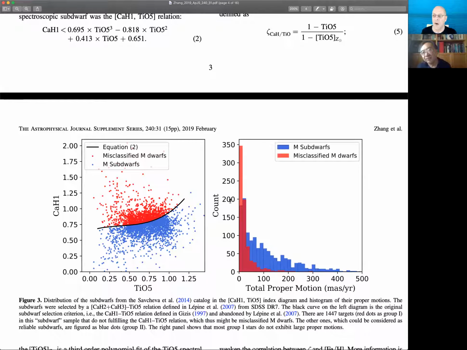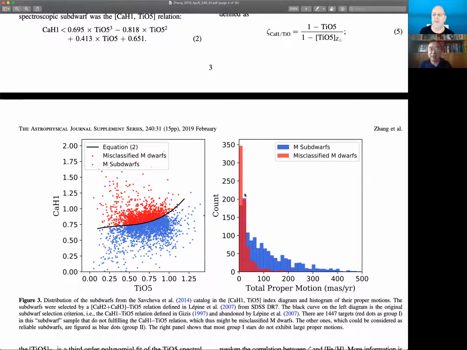Do you think maybe going forward, or as a check, using some sort of an automated method? No. In that step, we want to make a good sample to study the Lépine's criteria. So at that step, we checked one by one by eyes, the spectrum, to measure the line index by eyes, not quantitatively. Okay, I think this is an M-dwarf and that one is an M-subdwarf, something like that.